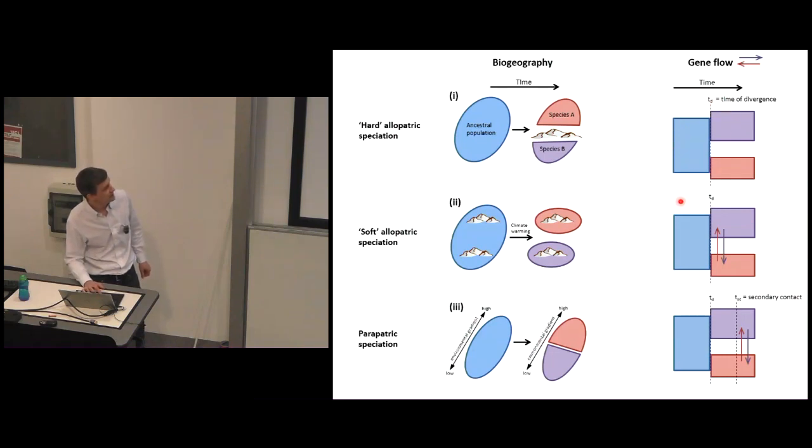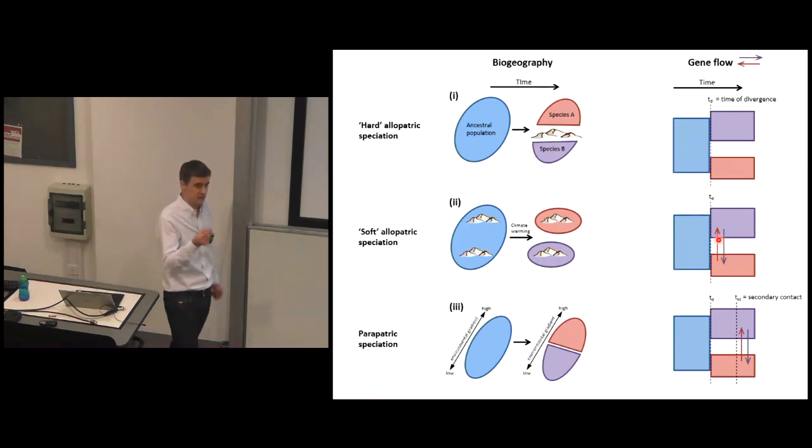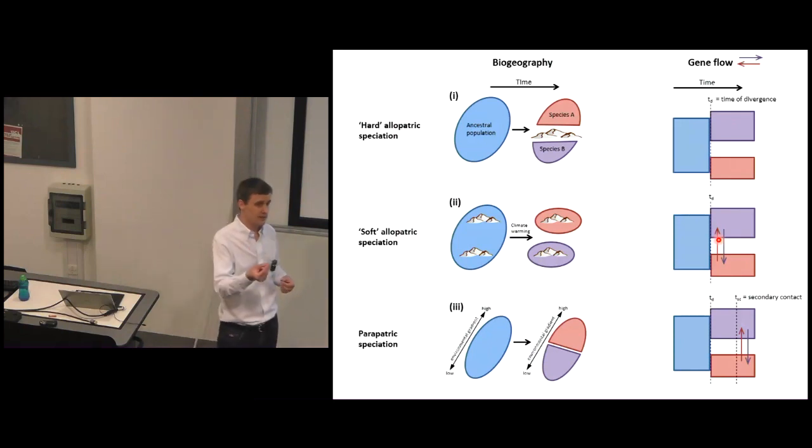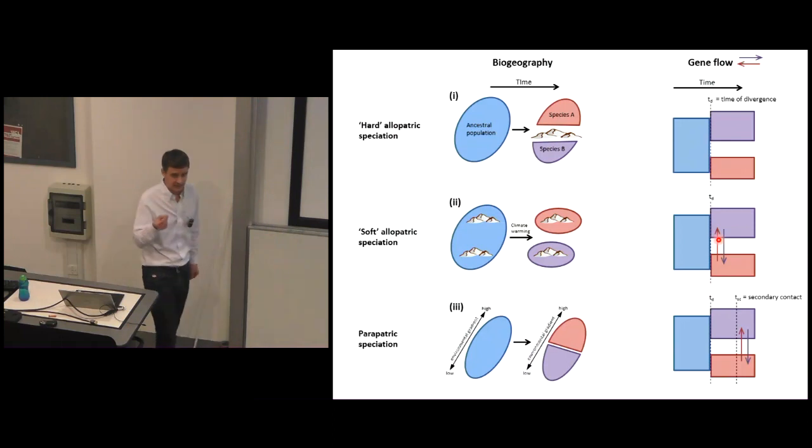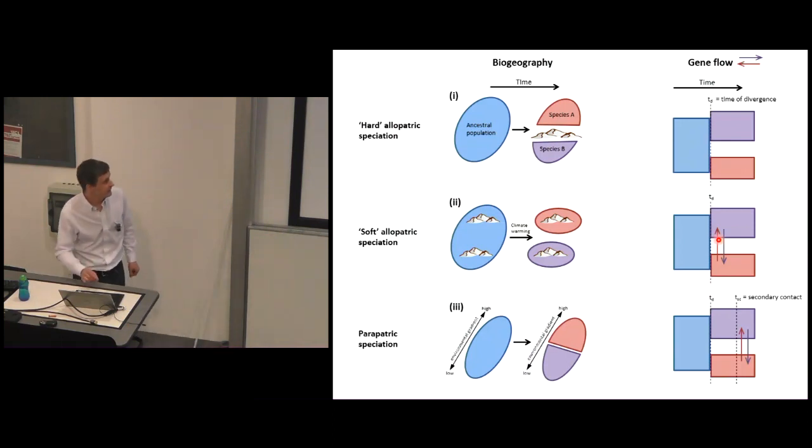But essentially, allopatric mode of speciation, no gene flow. Ancestral population, two diverged populations without gene flow, so an allopatric mode of speciation. If we're going to be able to identify parapatry, then we need to look, in effect, across the genome and identify that speciation divergence has occurred with gene flow. Now, there are methods that are out there to do that, and I know there's expertise in the room in this kind of area.